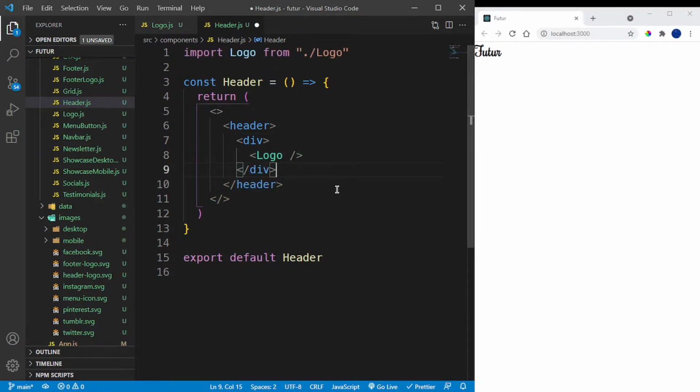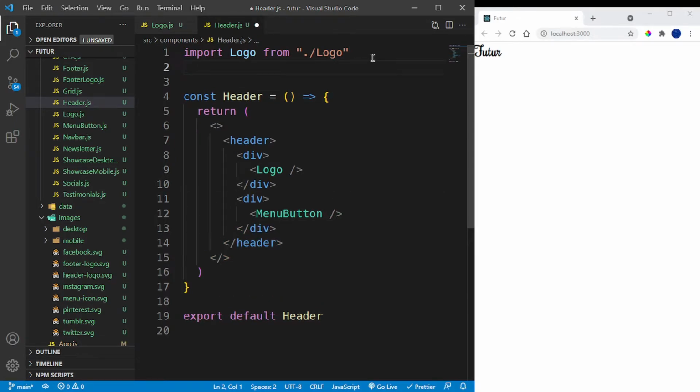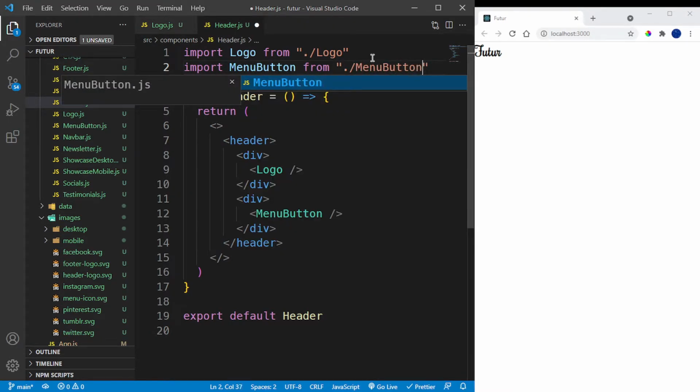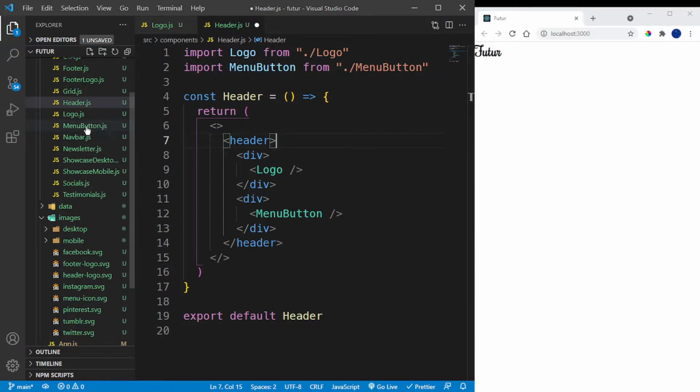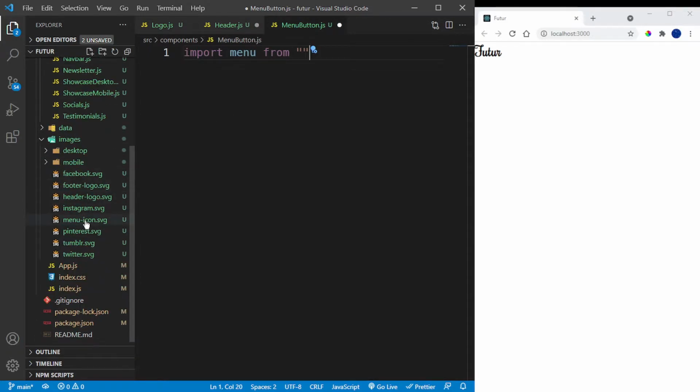And then below this logo component, what am I going to have? We need to create our menu button. So I'm going to create another div inside here with a component called menu button that we just haven't yet created, but I'm just going to import it at the top. So I'm going to say import menu button from /menu button, like so. And then right away I'm going to go into my menu button component, and then I'm going to say import menu from, now this menu is the hamburger icon, the 3 lines, which I have right here, menu icon.svg. So I'm going to say import this from /images/